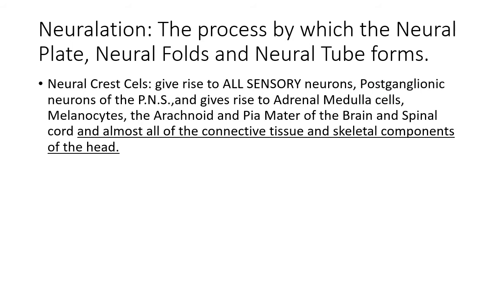So neurulation is the process by which the neural plate, neural folds, and the neural tube form. The neural crest cells give rise to all sensory neurons, postganglionic neurons of the peripheral nervous system (PNS means peripheral nervous system), and the adrenal medulla cells, melanocytes, which are pigmented cells, the arachnoid and pia mater, which is part of the meninges covering the brain and spinal cord, and almost all the connective tissue and skeletal components of the